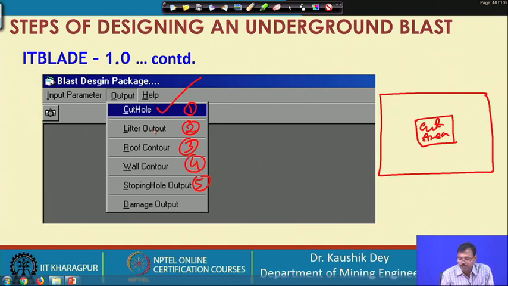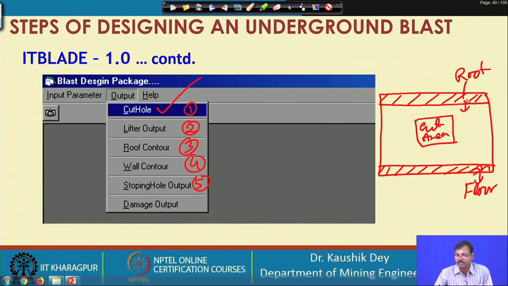Our next part is the lifter. That means, for blasting the floor holes, how much area is required, that is, what will be the maximum burden we can consider for the last periphery holes, has to be decided here. So, we can have the desired area to be blasted by the lifter holes. The next is the roof holes. So, we are fixing this part also: how much area is required for the roof holes.